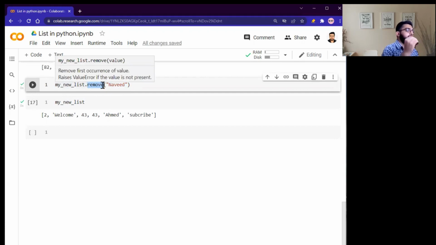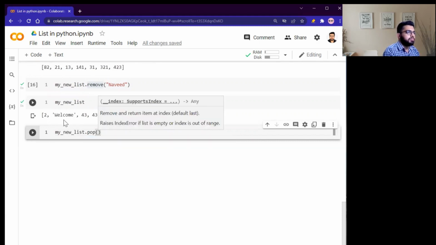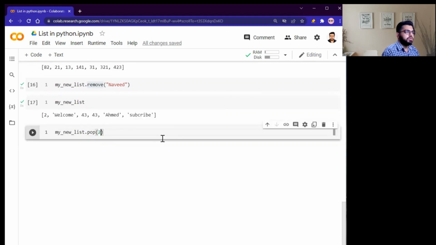But if I want to delete an item in my list by index, how can I remove it? So for that we have the function pop. Everyone who knows data structures knows that in a stack we have push and pop functions. In a Python list, if you want to delete an item from a specific index, we use the pop function. So my_new_list.pop, and I want to delete the item at index 0, 1, 2, at this index 43. So simply shift enter,